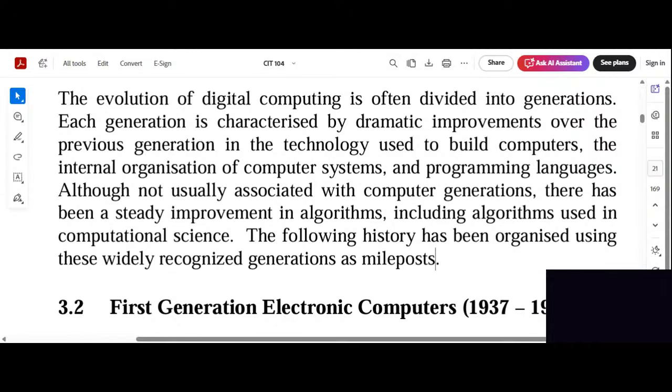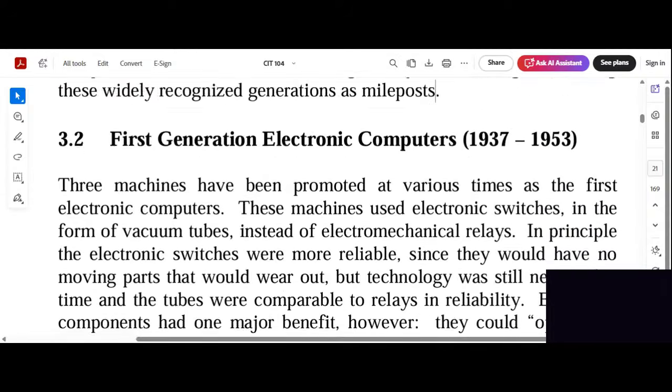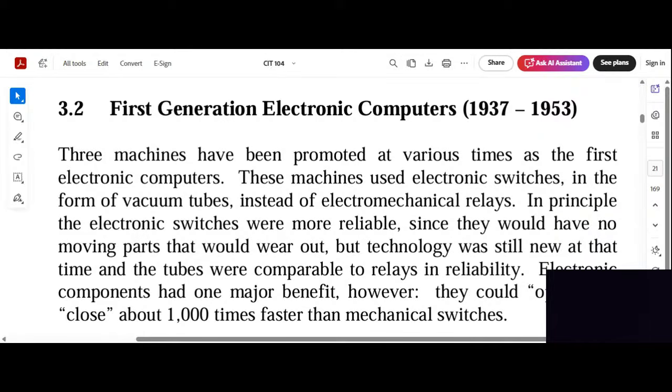Our main concern now, or our next concern in this course, is to start talking about each generation one by one. What makes each generation unique? What was the technology they used in each generation? What was the lacking, the deficiency that they found in each generation that made them want to improve it to a next generation? We will learn all those as we start studying the generations of computer. We have just finished a brief overview or history of the computer.